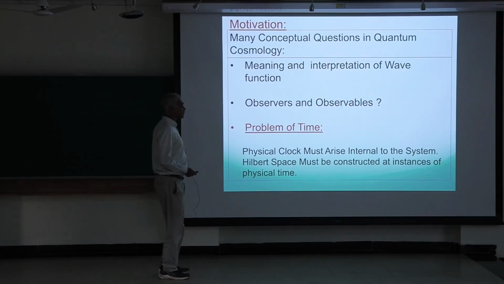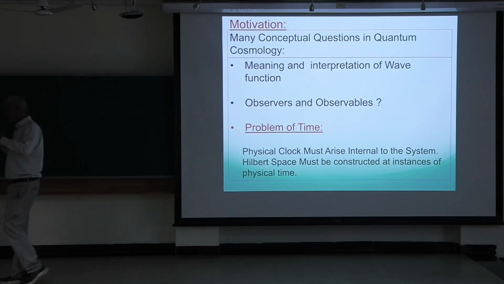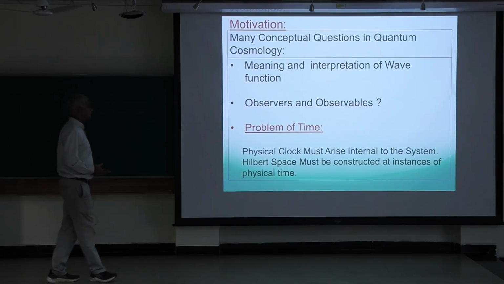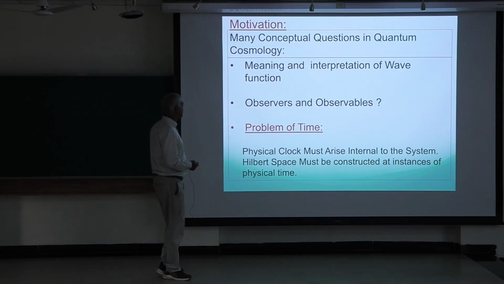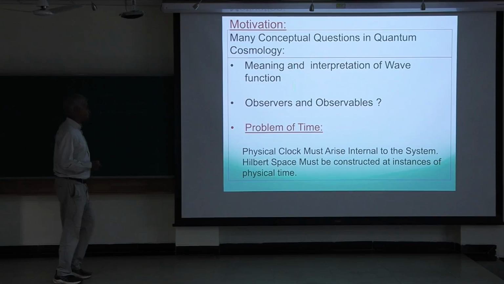This is tied to who observers are, because they have to arise from within, from being part of the system. They are not external to the universe. How do we think of who observers are? What are the right observables? These kinds of questions you're immediately confronted with when you try to do quantum cosmology.